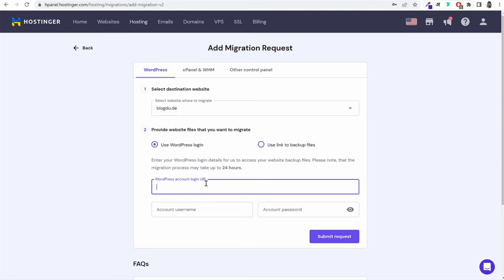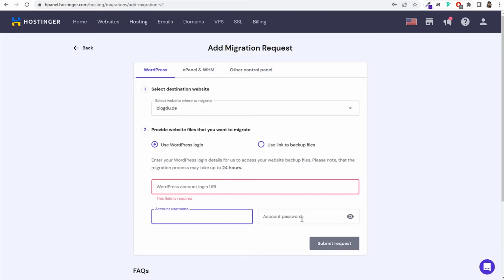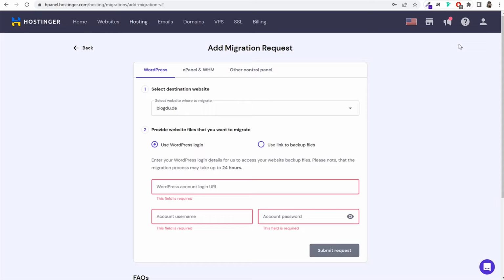So you can enter your WordPress login URL. Basically, you can enter your WordPress dashboard link, which is your website name /wp-admin. After that, you can enter your WordPress username and password, and they will migrate your website for free. If you don't understand anything, or if you have any problem, you can always raise a ticket and they will help you out. Okay, so this is how you migrate your website,